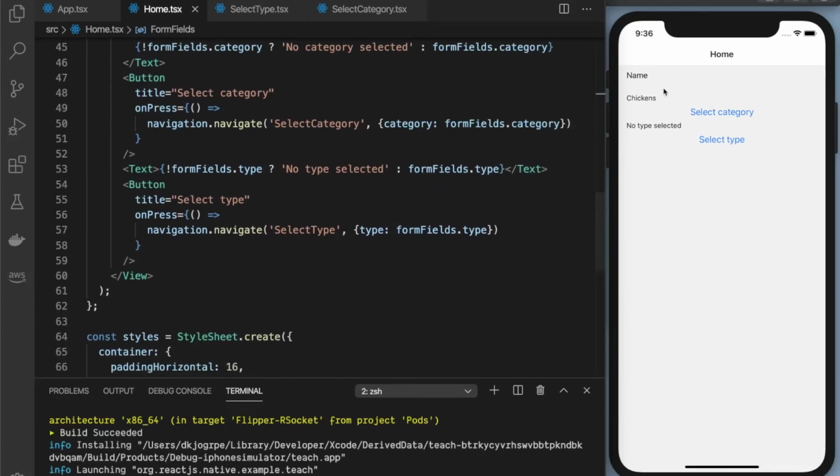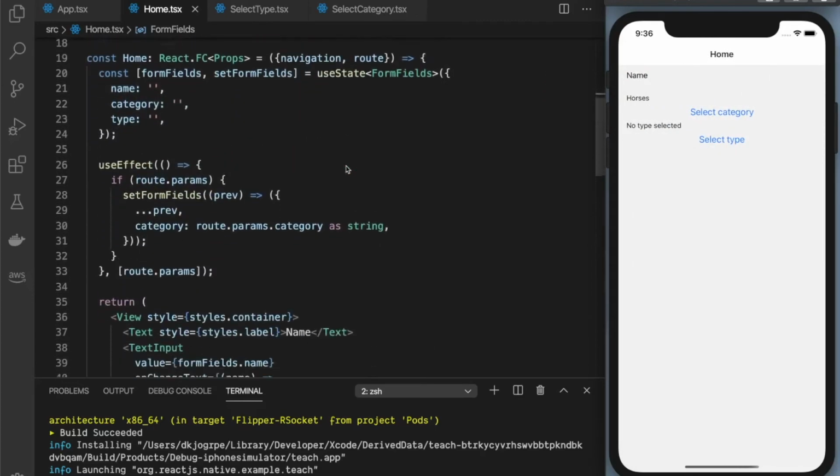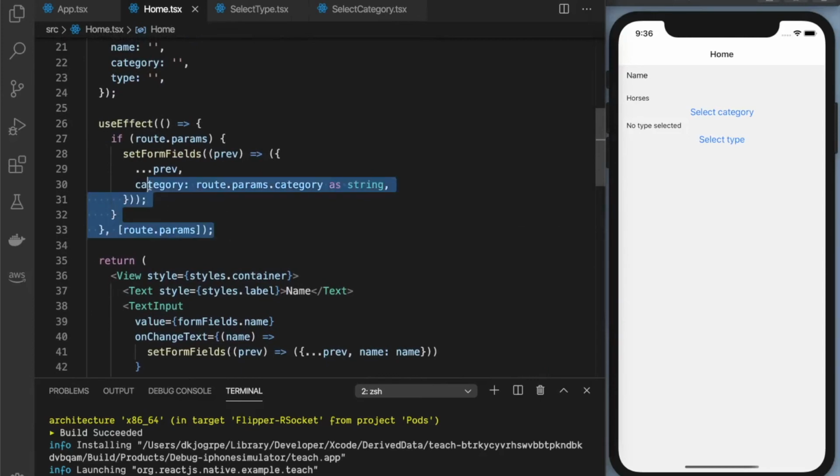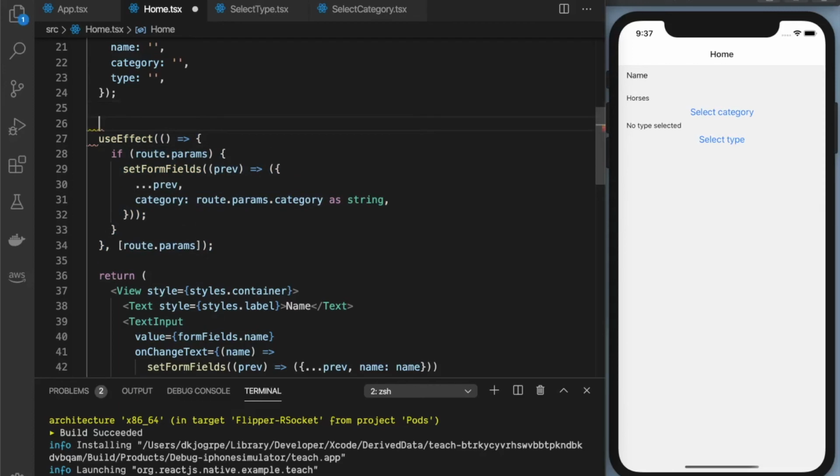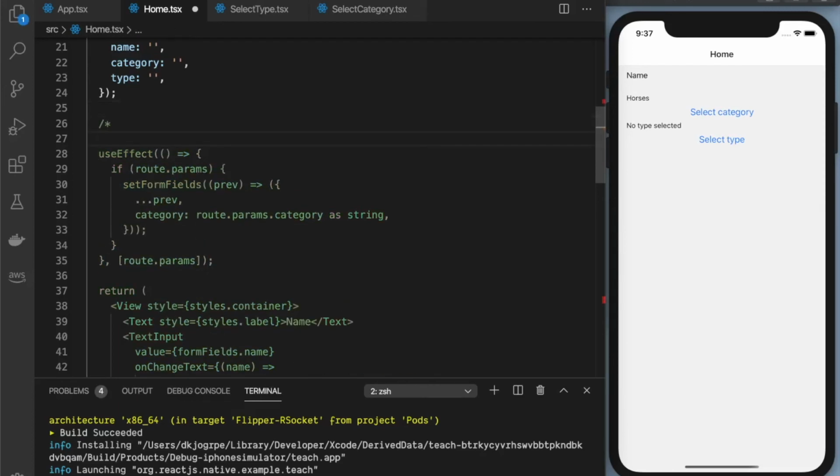Alright, so now we have a type here. We can go to the type page, we can choose a type, and we are back. Now, as you can see, it's not picking up on the type I selected. If I go to the category though, it still works. So that is because we tailored this useEffect to only work for our category. So let's just comment this out